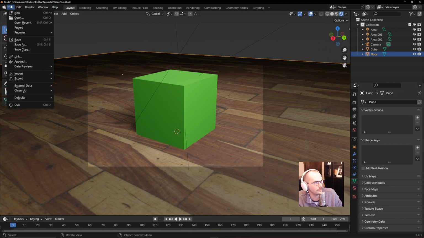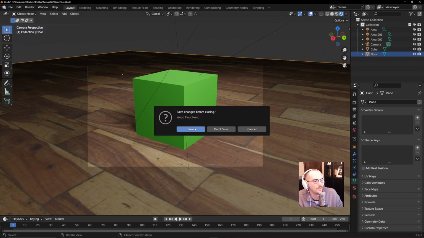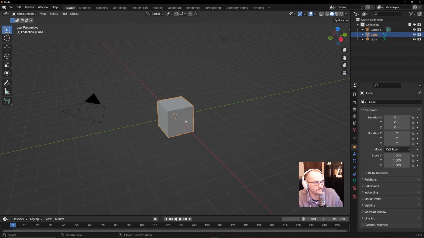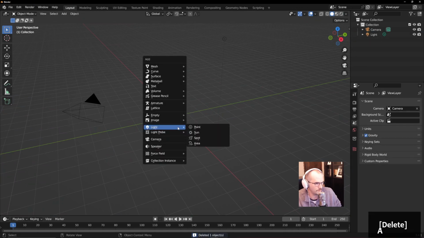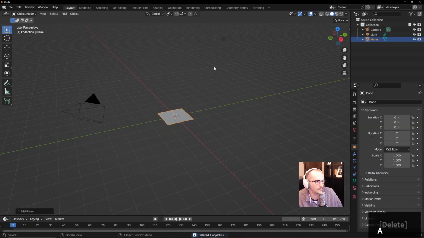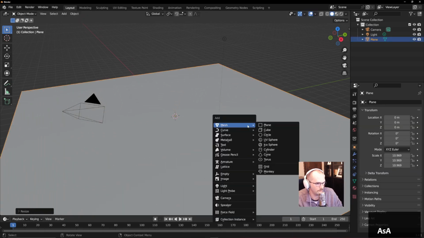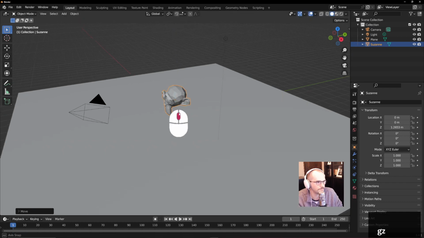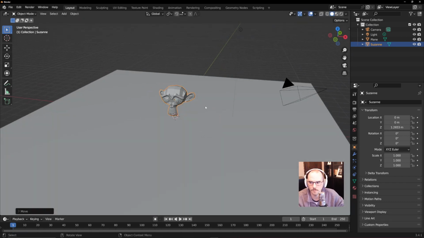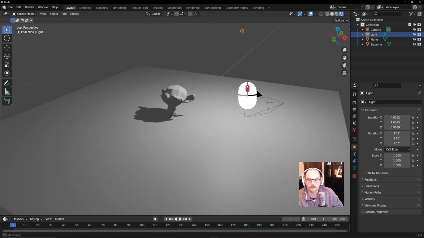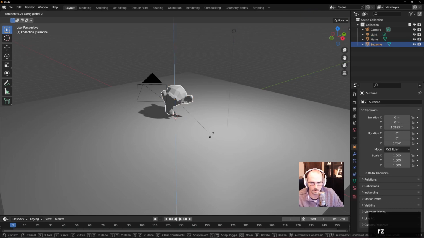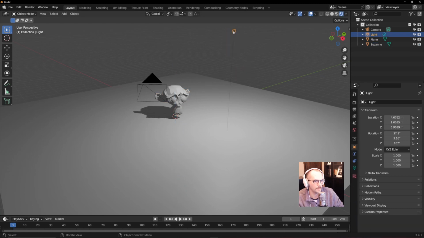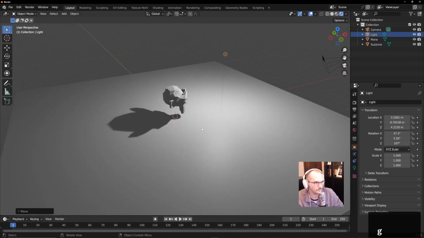I'm actually going to start a new file here, new general file. Save. No, don't save. I'm going to delete this. Shift A, a plane. Scale this up. Shift A, and I want a monkey. G Z. Okay. Render preview. Great. Let's R Z, rotate Suzanne this way a little bit like that. And I'm going to move this light a little bit closer. All right, so